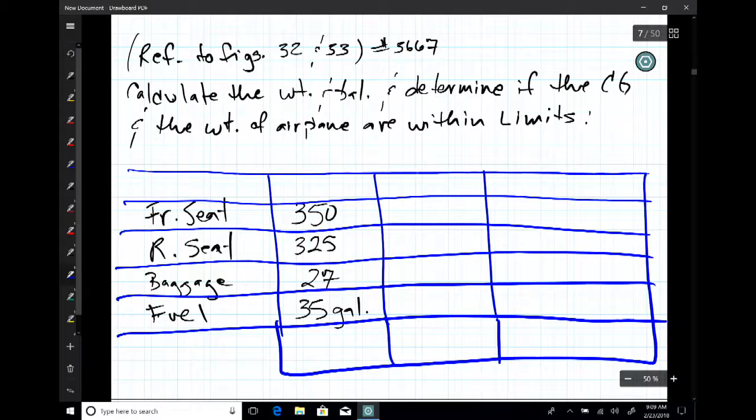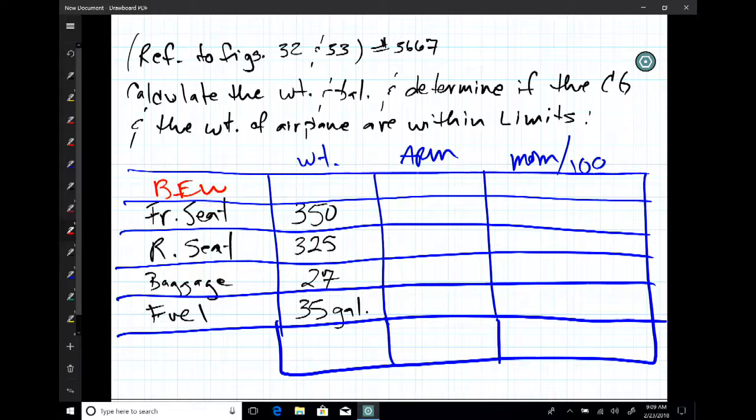We also know that we're going to have weight, arm, moment, and in this case, because it's figure 32 and 33, it's going to be a moment index divided by 100. And with this now, we have our basic empty weight. Remember that from the beginning? With that basic empty weight, we're looking at 2,015 pounds. We don't need the arm because it gives us the moment here of